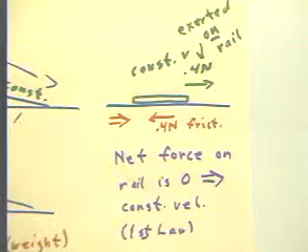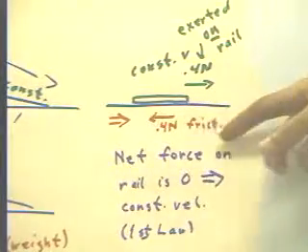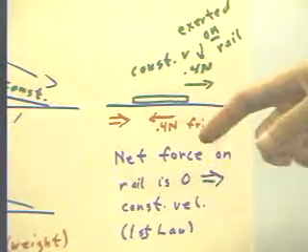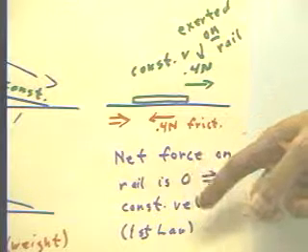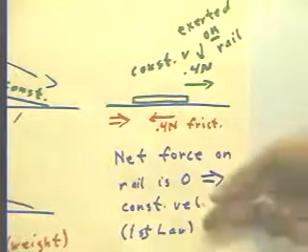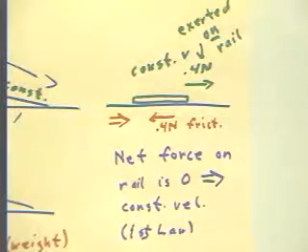Okay, this is an illustration of Newton's second law. When the net force on an object is zero, then that object will have a constant velocity. That's essentially Newton's first law. He stated it: when an object is in motion, it's going to continue in motion along a straight line at the same speed unless a force comes along to change either its direction or its speed, or possibly both,